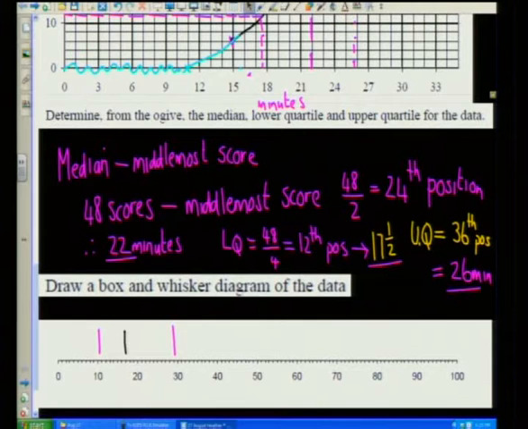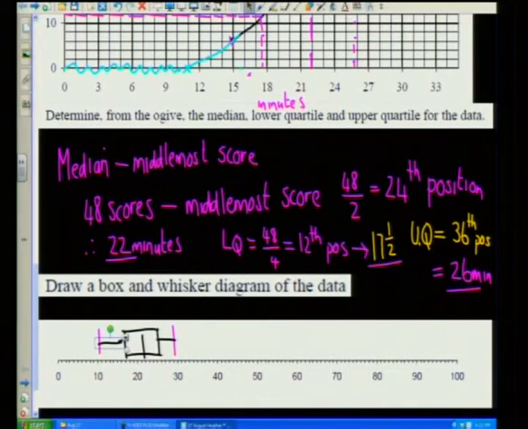It's kind of there, okay? Then we've got our median, which is a 22. All right? And then we've got our upper quartile, which is at 26. 23, 24, 25, 26. Okay. All right. And the middle 3 create your box, and then we create our whiskers going outwards to the left